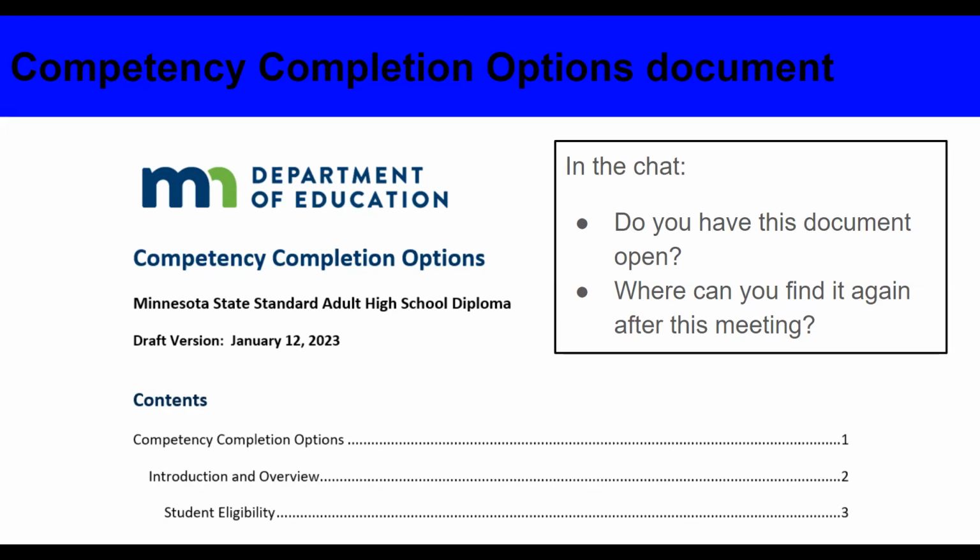Yes, Julie, that is right. The updated version is in the Adult Diploma Resource Library on the Atlas website and also in your Google Drive, hopefully, or on your desktop, or a printed version on your desk, perhaps. I just want to remind everybody, this is a working document. If you are in any way involved in gathering evidence or putting together the portfolio, you should be looking at this document regularly. Christy, yes, I believe we also put an updated copy of it on Mighty Networks. You could find it there too.